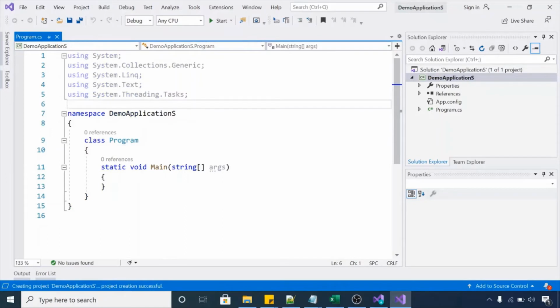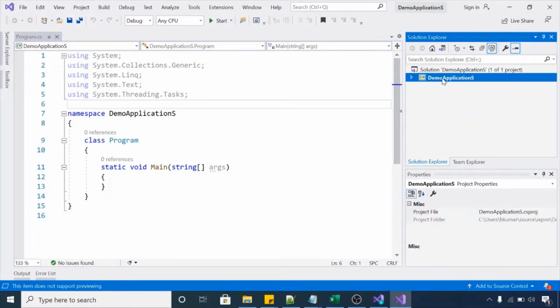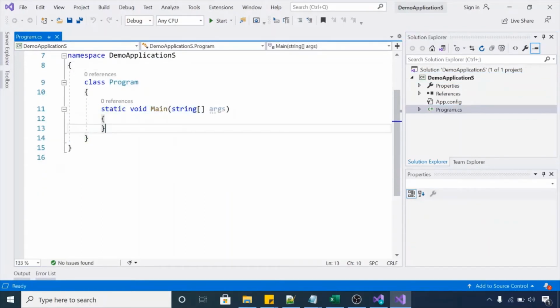And this is the Solution Explorer area, in which you will get the hierarchy of your project or solutions. Our solution name is Demo Applications, and in this solution we have one project, Demo Applications, sorry, with an S. When you create a console application project in Visual Studio, by default it will provide you one Program.cs file, and in that CS file we have the main method.